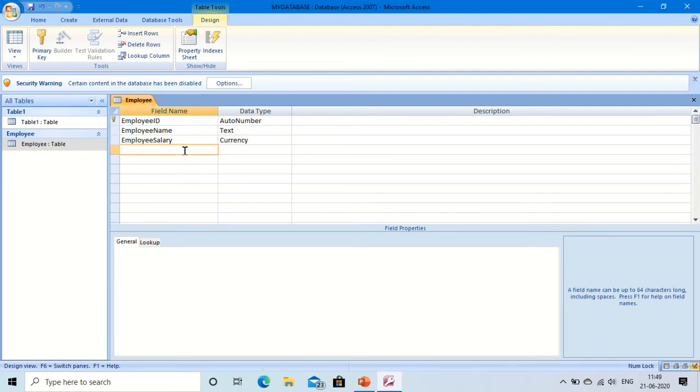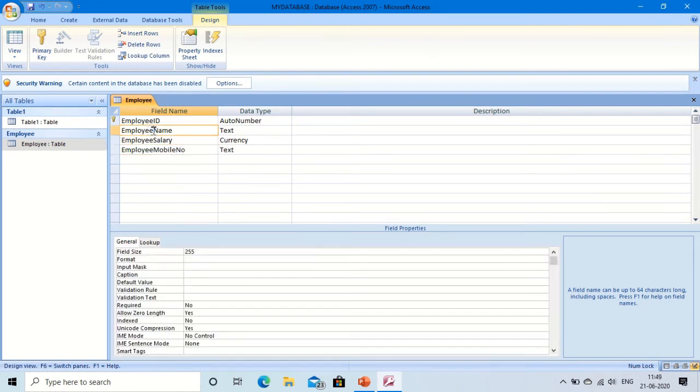After employee salary, I will give another field called phone number, or employee mobile number. It is better to just give a short name, because this is the table for employees, so there is no need to repeat it. Simply write Emp Name, meaning employee name, or just Name.